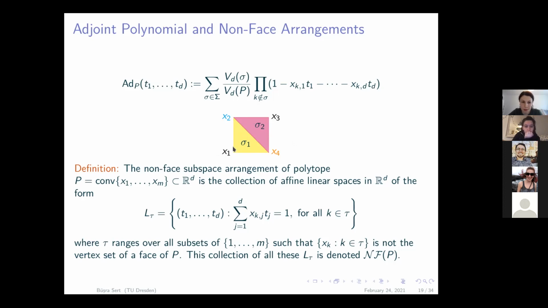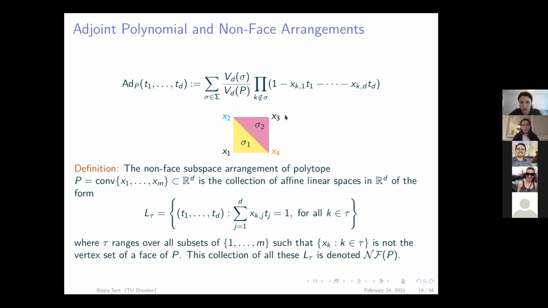Then, for example, here the subset consisting of x1 and x3 will be a non-face, because when we consider their convex hull, this line segment is not a face of the square. The same holds for the subset consisting of x2 and x4, because this line segment is not a face of the square. So each such